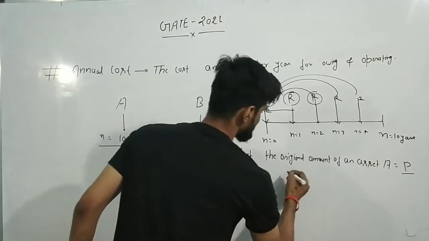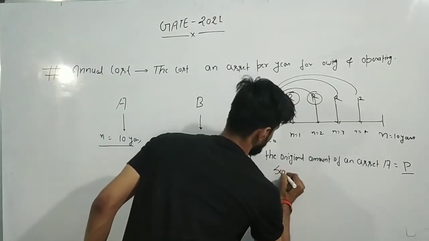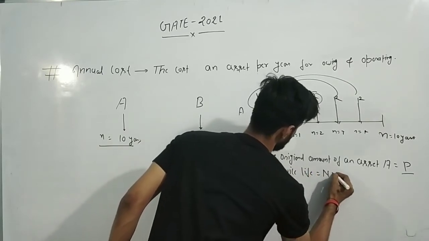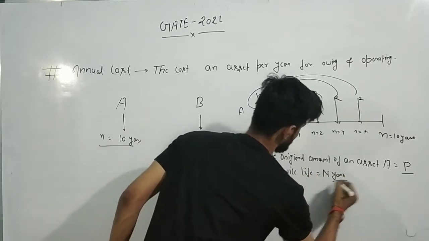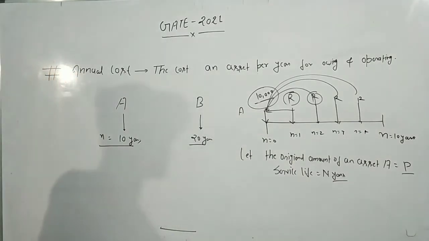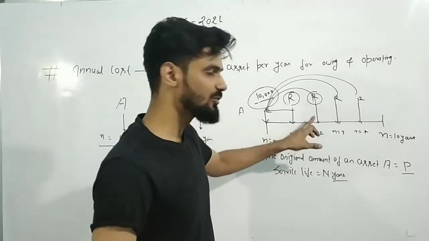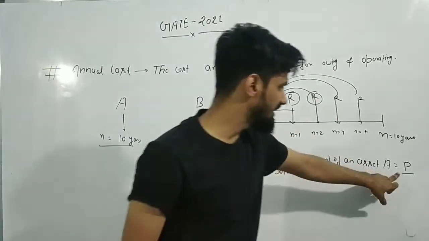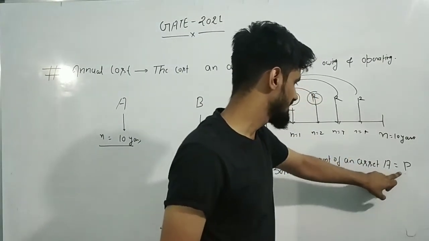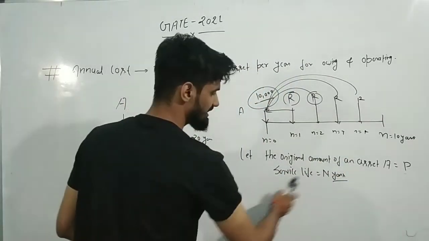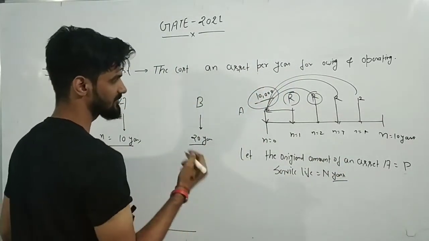Now the service life, I am writing service life, is equal to n years. Service life of this asset is n years. Now if you want to calculate the annual cost of this particular original amount throughout the whole service life of n years, then you can calculate with the help of a formula,